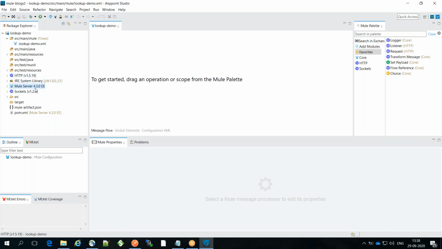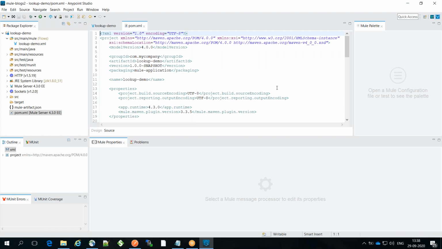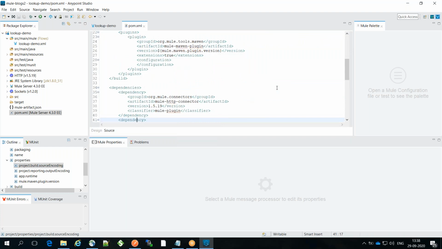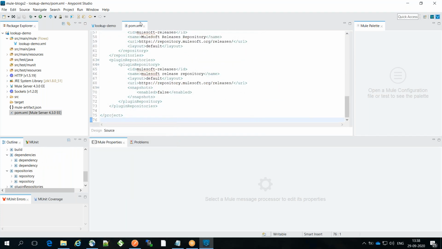Then you have system libraries related to the JDK, then the ones related to the Mule server, so we are using 4.3.0. And as part of any Maven project, there will be a pom.xml, which is what we can see over here, where you will have the name of the project, the group ID, all the dependencies, all the repositories and all that stuff.